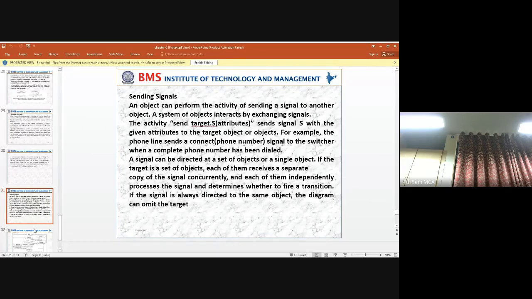When the object is performing a certain activity, what effects can be applicable to the rest of the objects? When the receiving object is going to receive the signal copy of the current object, how these objects can perform independently, and in what way it can be executed, has to be taken care of.